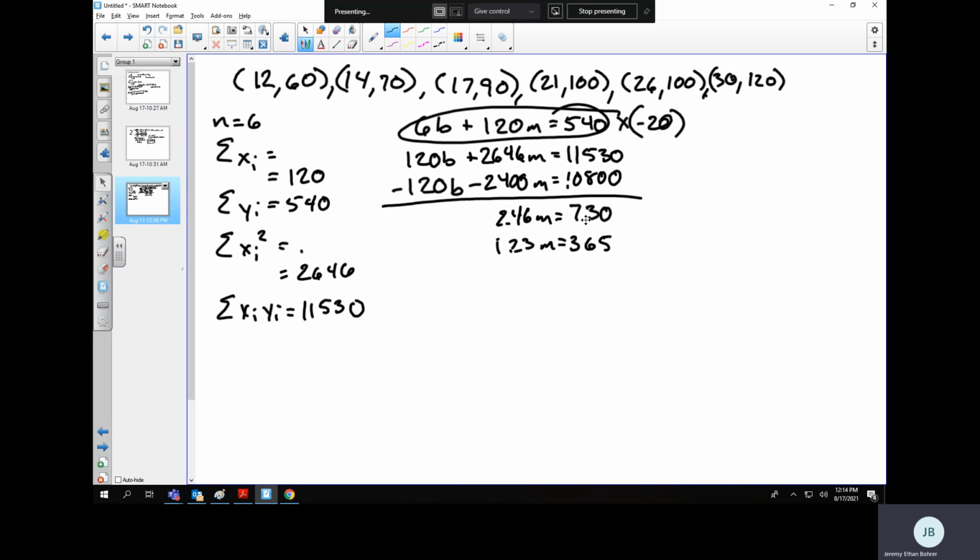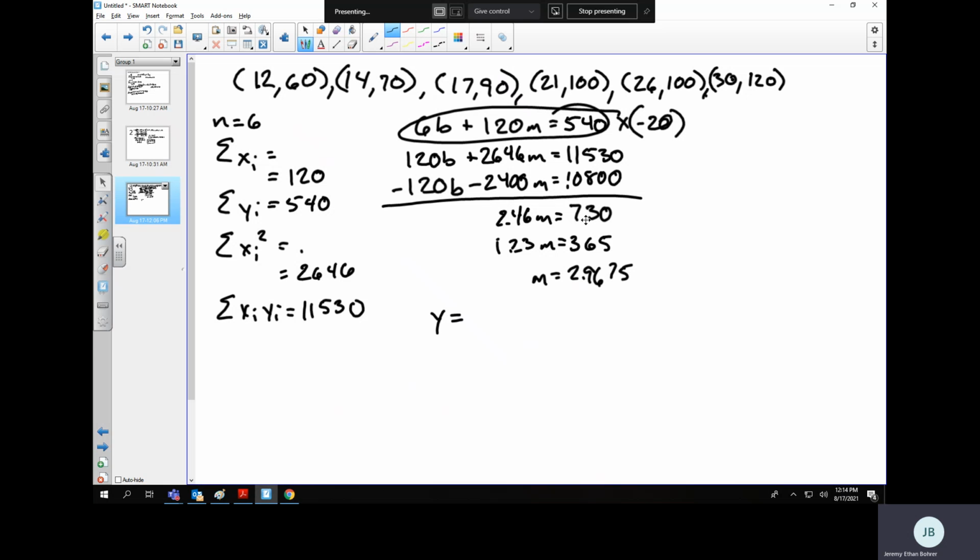I'm just going to note there are calculators for all this stuff online. This is not something you will usually need to do by hand. So if you run into problems like this, and you certainly will on your homework at the very least, and on the first test, feel free to go find a calculator online that will do this for you. Okay, so this means m is 2.9675 approximately. We'll call it good enough, which means that